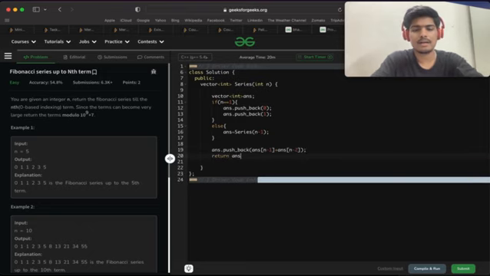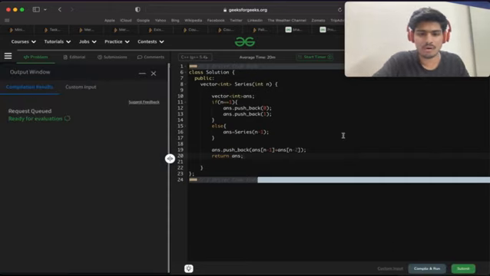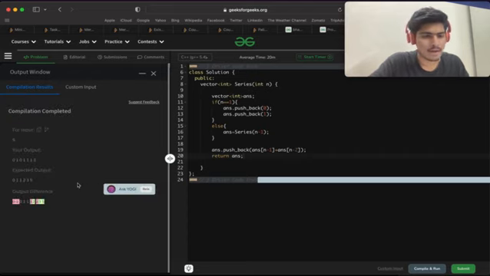So return answer like this I can return. Let's compile it and see if this will work or not. Our intuition is correct, our approach is correct, so definitely it will work. Yeah, as you can see here, there is some problem, it's 0 1 0, then 1 1 1 1 2. Okay, so the problem is